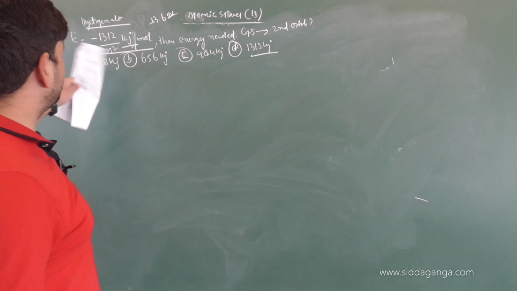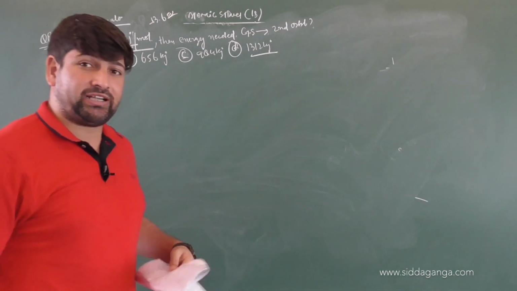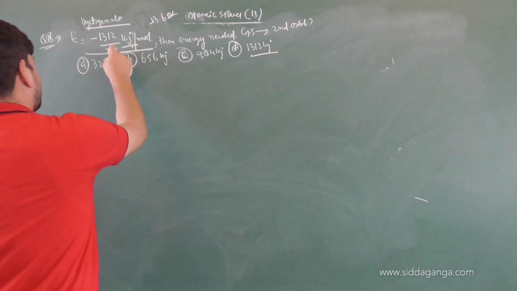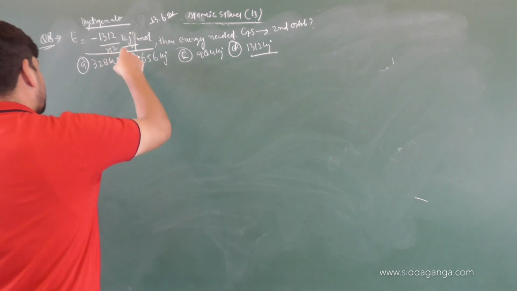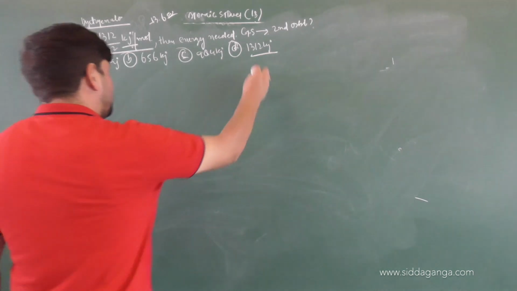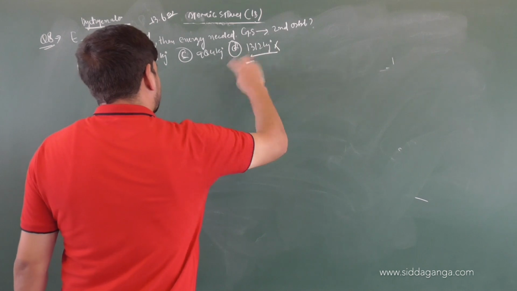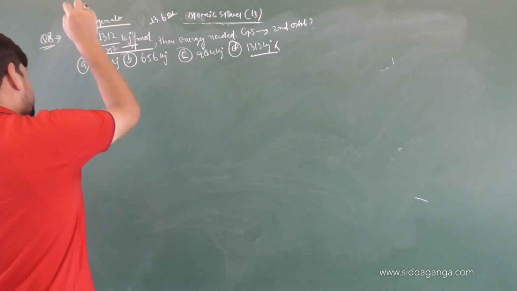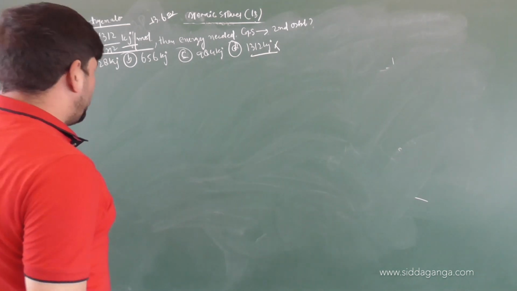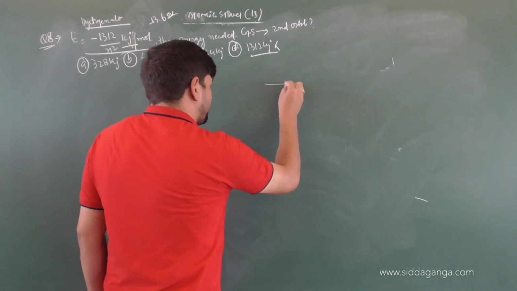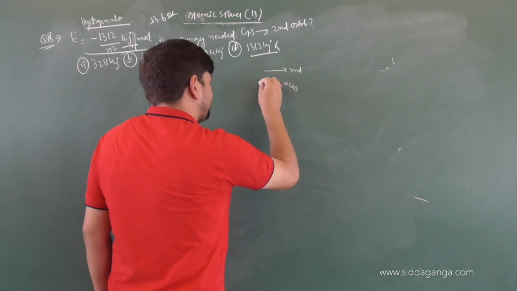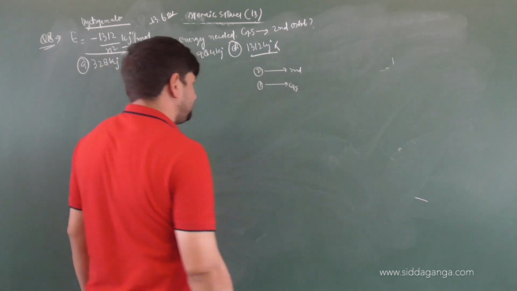Naturally, the amount of energy required is positive. You know why we are using the negative sign for the energy there. So if I have energy equal to minus 1312 divided by n square of that particular shell, this will not be the correct option for us. It will be eliminated because this much energy will not be required. Anyway, we can solve it out. I am shifting an electron in the hydrogen atom from ground state to second orbit, so I am sending it from the first shell to the second shell.